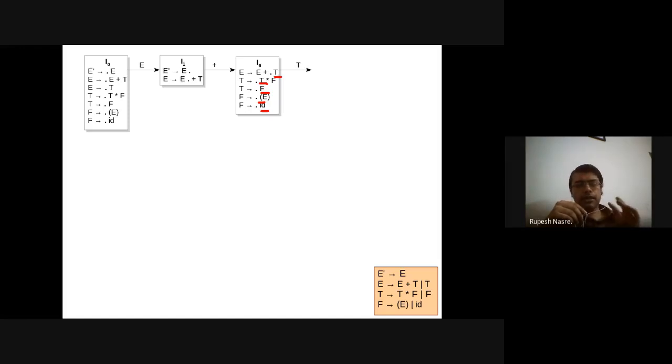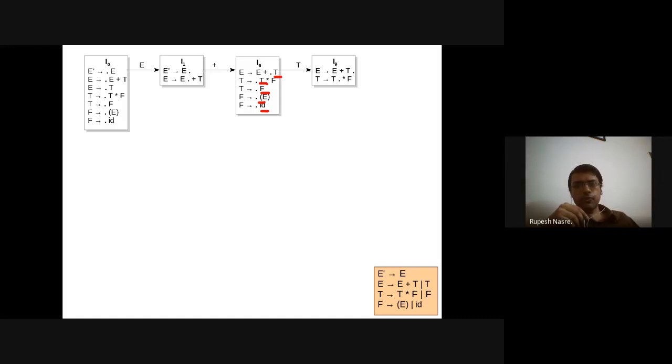So when you are consuming the token T, that's what the transition is on. Then you can consume only T, and therefore you'll have to go to E plus T dot. Similarly, after consuming T, from T's production T dot T star F, you can go to T dot star F, and the dot now appears in front of either the end of the production, or a terminal star, and therefore it does not add any non-kernel items, and therefore we'll have these two in the state. Okay, so that sounds good.